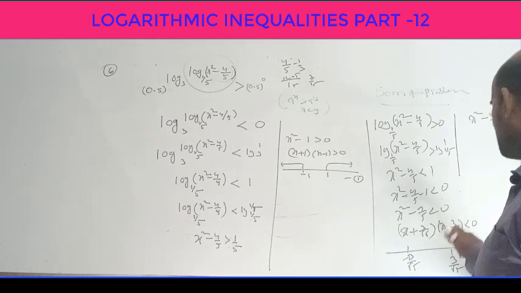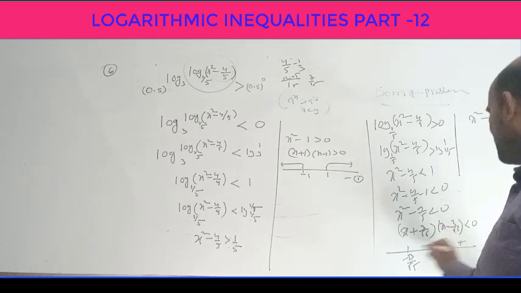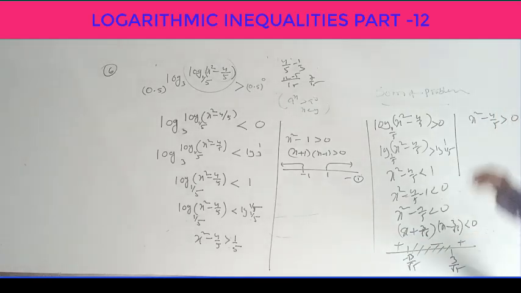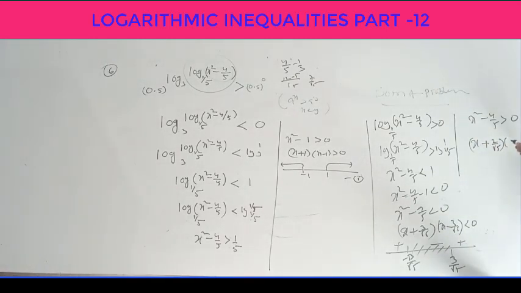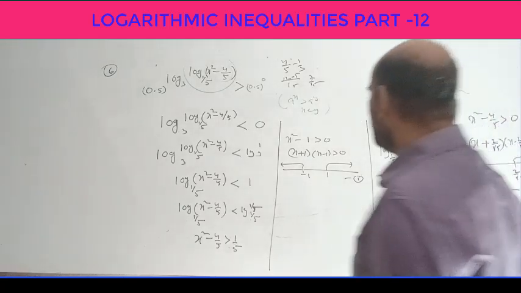One is plus, one is minus. Okay, plus, minus, plus, the signs. This is one part of the domain. Here, what happened? This is (x plus 2 by root 5) into (x minus 2 by root 5) greater than 0, means less than minus 2 by root 5 and greater than plus 2 by root 5. So this is part 3, this is part 2, this is part 1. Now the final intersection we should find.